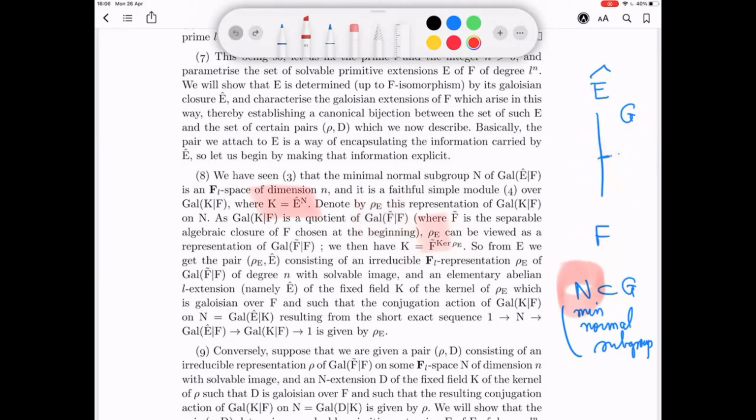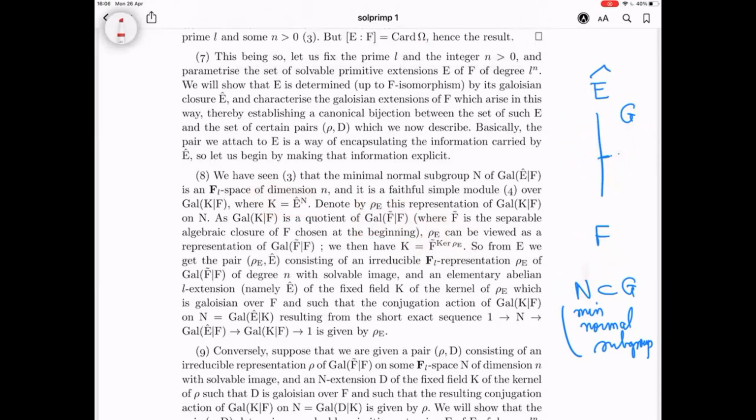So that's basically what this pair consists of. The first component, rho E, is an irreducible F_L representation of this Galois group of degree n with solvable image, and